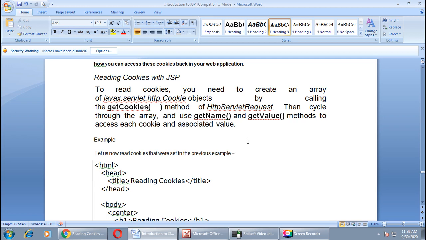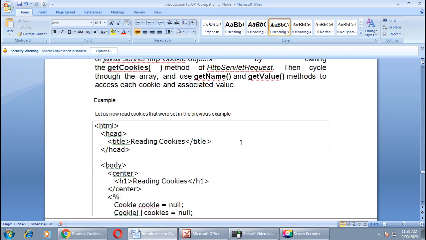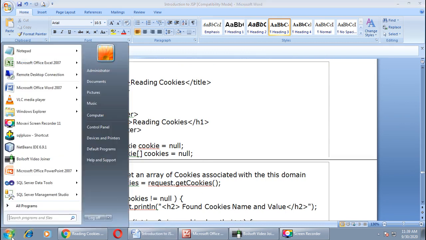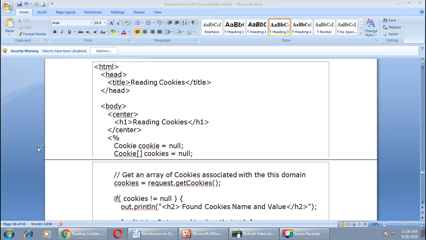These both methods we will use in our current program. As you know that in the previous session we copied this code and pasted in NetBeans. Let us reopen the same example by opening NetBeans.